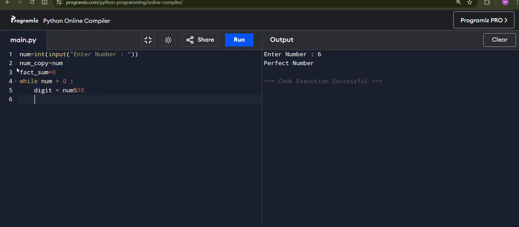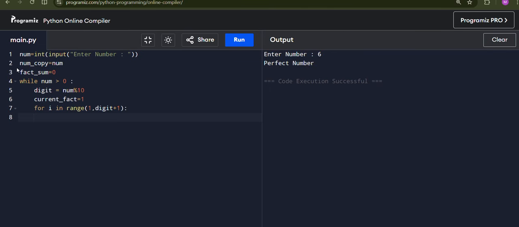Now for this digit, calculate the factorial. So current factorial should start from 1. Then for i in range 1 comma digit plus 1, which means from 1 to digit we will travel, since in a for loop the range goes till n minus 1 and 1 is included.